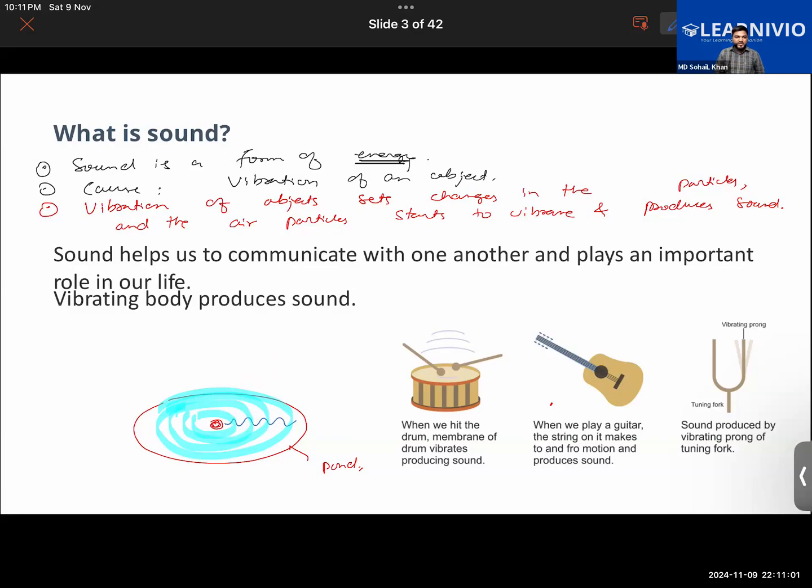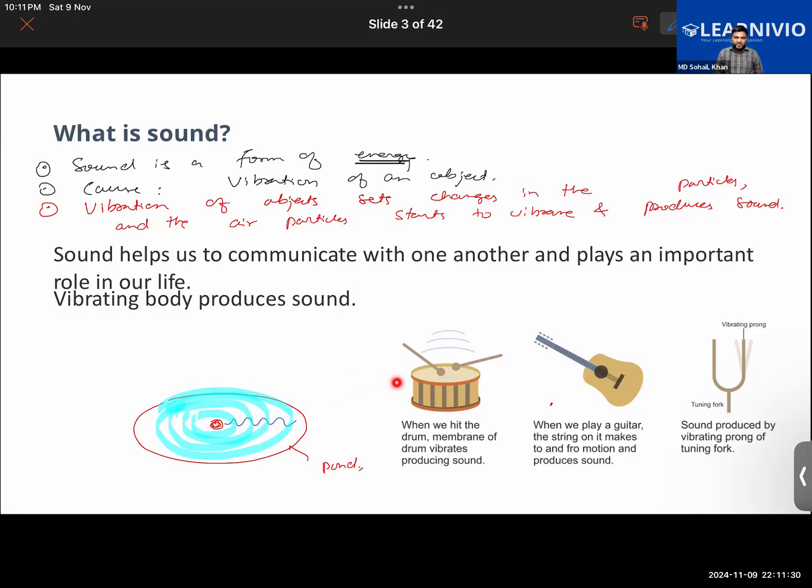Similarly, when we are vibrating an object, are we not setting some disturbances into the air? You can think of it in a similar manner, as you have thrown a piece of stone there, it led to some disturbance in the water. Earlier the water was calm, it was not moving. But as you put a stone into this, it set some disturbances into the water. Are you able to relate with what I'm trying to say?